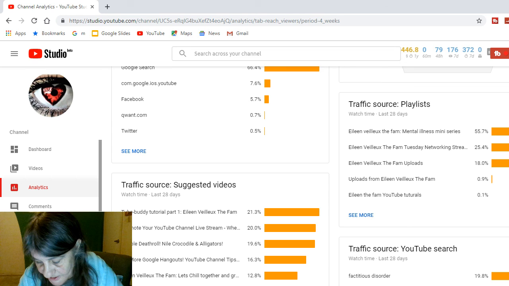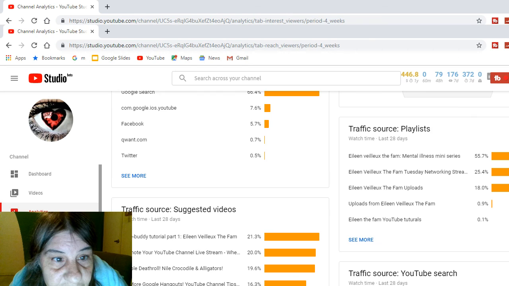Also, I basically want you to know how the algorithm works, and that's what I'm trying to work on with you. Okay, like here, this is the Google search. The com.Google is right there. Facebook, another one, Twitter. It will show you where you're best coming from. Okay? Which is what you want, is for it to show that. These are the traffic source for the suggested